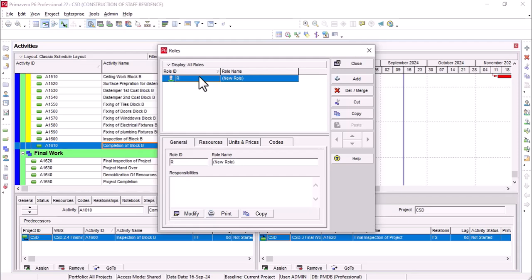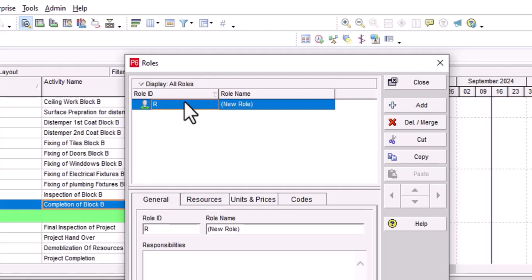Roles mean in project there are various specific roles that are being assigned to the resources. So that, for example, skilled worker, it is a role. It may be carpenter, it may be steel fixer, it may be some other job related person, but if it is a skilled worker, then its role is under the skilled worker. If it is a helper, if it is assistant, if it is non-skilled, then its role will be under the role of non-skilled. Similarly, in a machinery, it may be excavator, it may be dumper, it may be compactor. It is under the role of the machinery. So